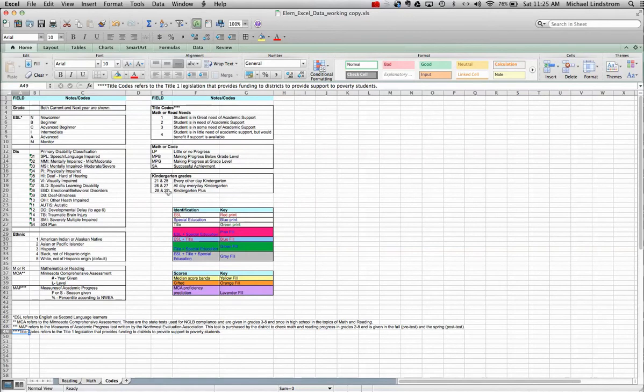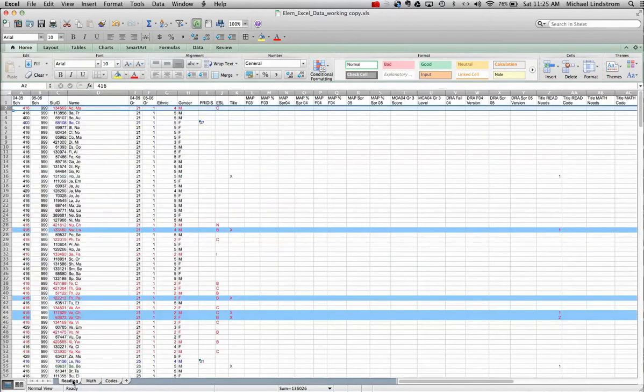And so there are different codes to designate the different kinds of kindergarten programs that students are participating in. So that's why you're going to see the number 21. That represents a particular kind of schedule that this kindergarten group of students had. But what I want to make sure that we can do here, once we have our title row in place,